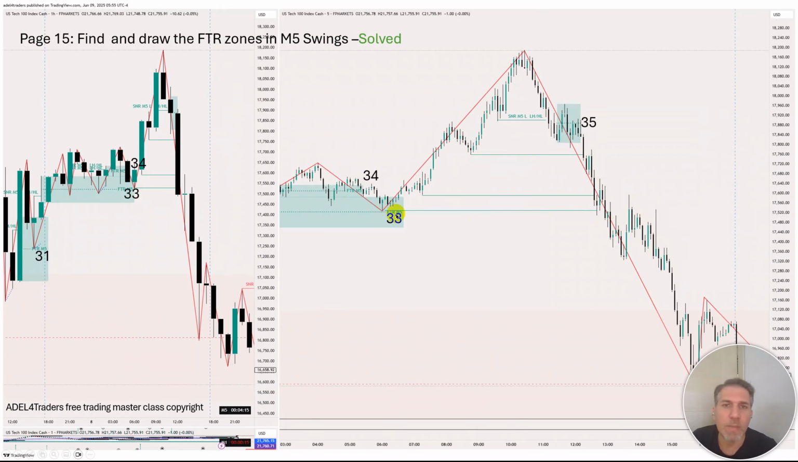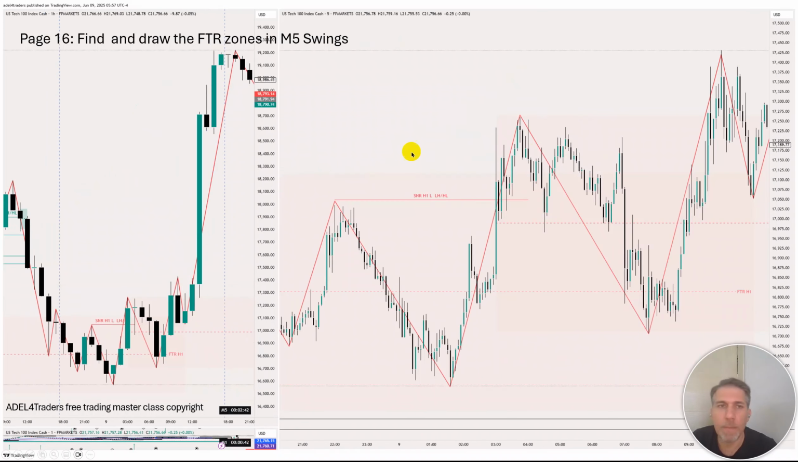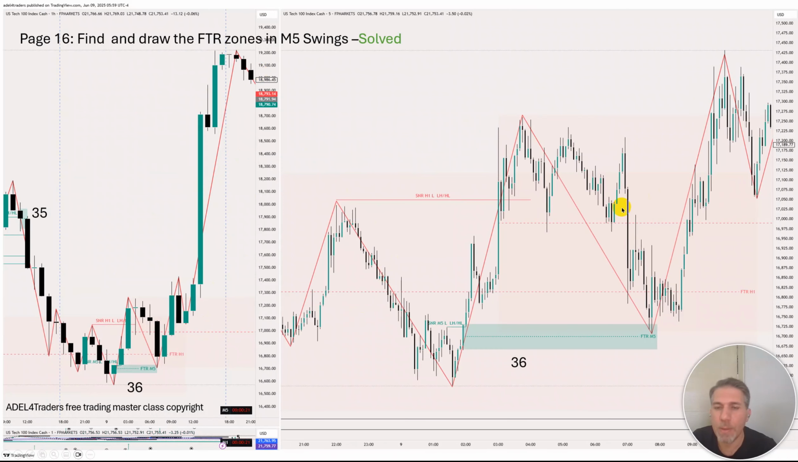Now, this was 33, 35, and now we're going forward here. I'm not going to explain a lot. If there is anything, I'm just going to explain. This is our higher time frame. So, okay, this is inside that. So even this higher time frame, before the second zone is formed,